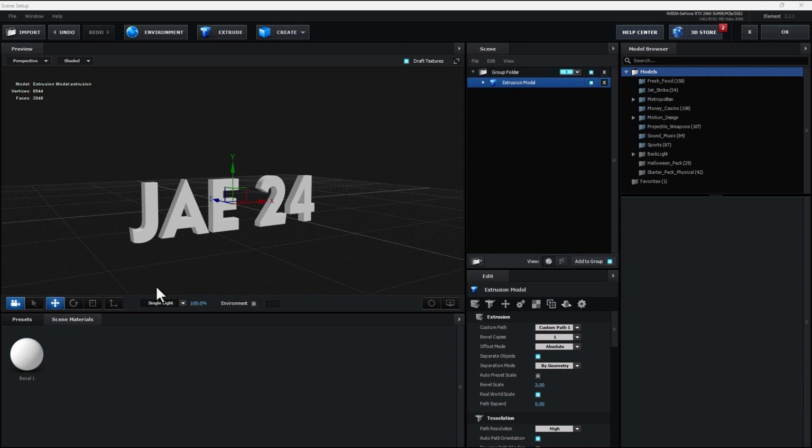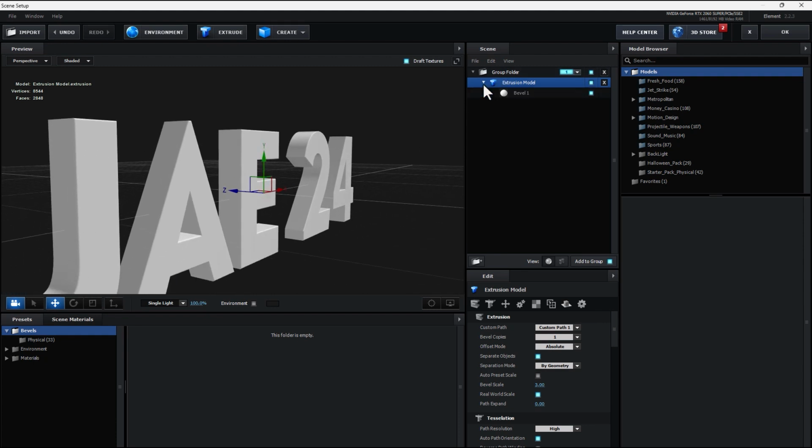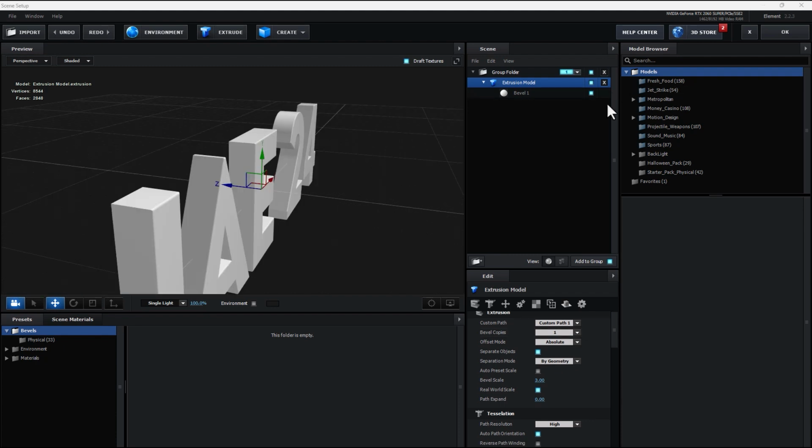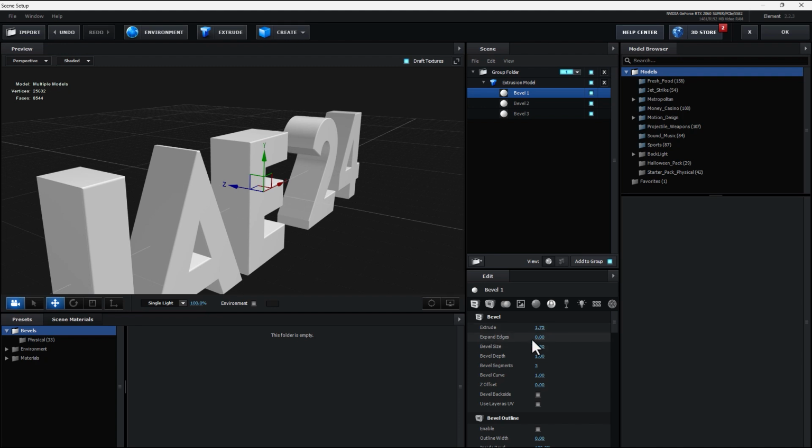So I need to create my own favorite bevel style. But how to do this? Zoom in and go to extrude model. So select the extrude model, go to bevel copies, bevel 2. So if you need to create a multi-bevel, select the extrusion model and go to extrusion model edit. Bevel copies, select 3. Select the first one and make extrude, and then